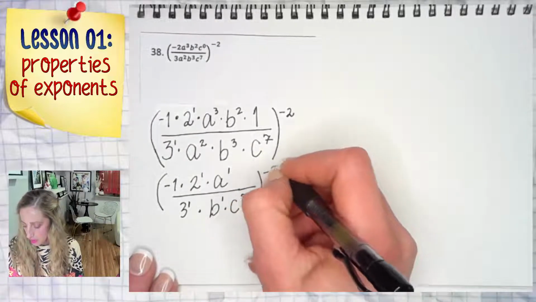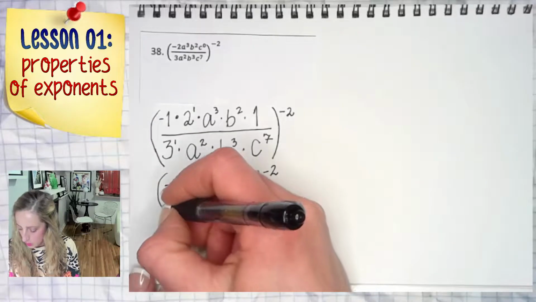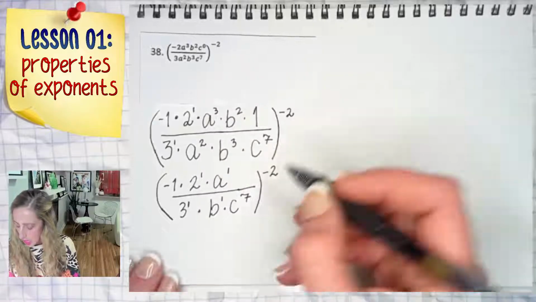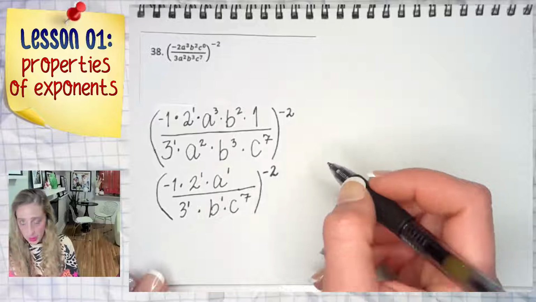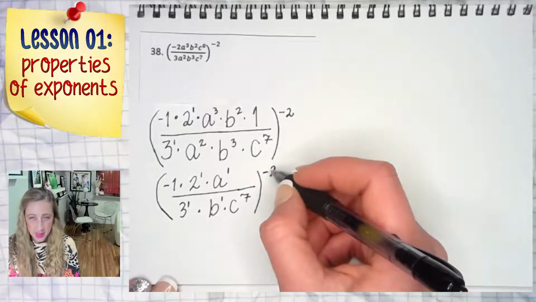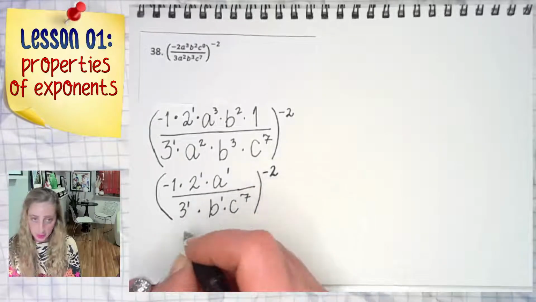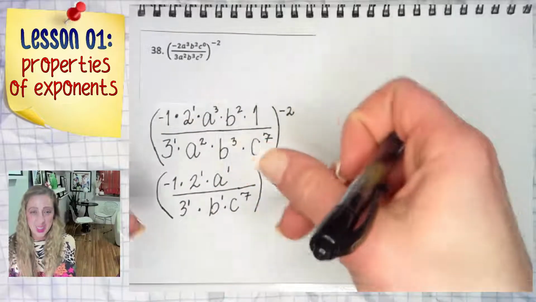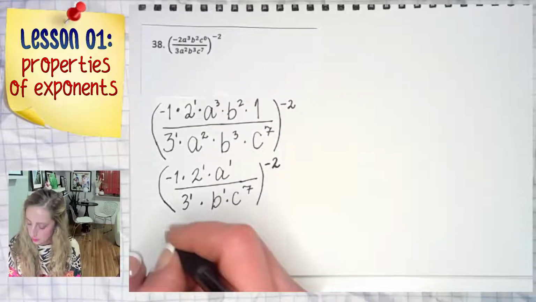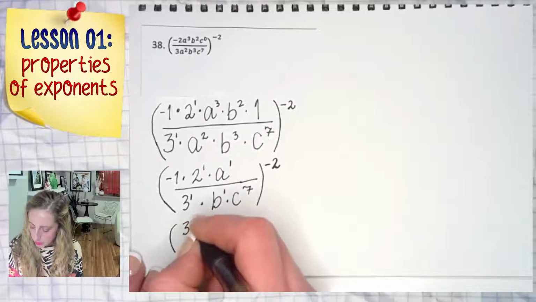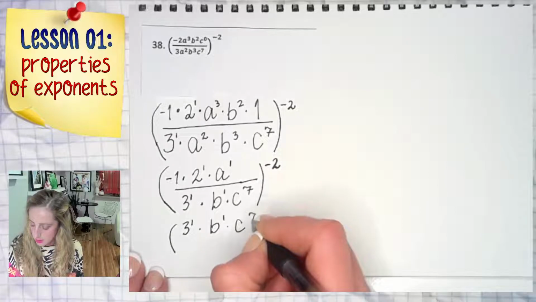A couple other options. And I'm going to try to always present these things to you in different ways so you know you have options, there's flexibility. If you have a -2nd power, what we can do, to make this a positive 2nd power, is just replace your numerator with the denominator and replace your denominator with the numerator. Find the reciprocal, flip this whole thing inside. So what's that going to look like? I'm glad you asked. 3 to the 1, B to the 1, C to the 7,